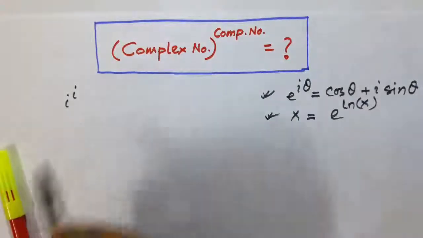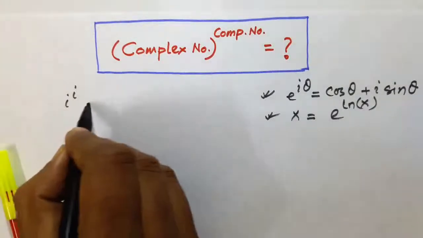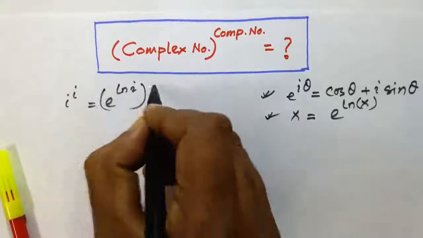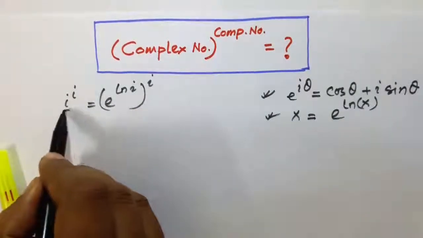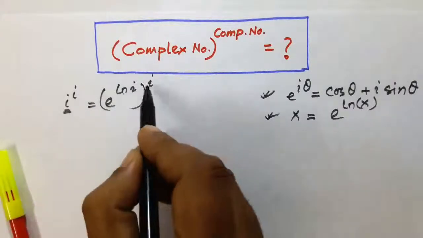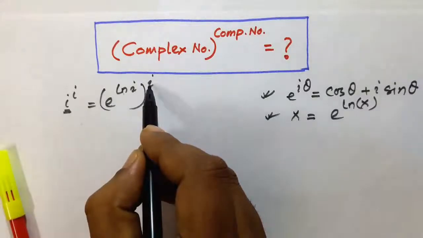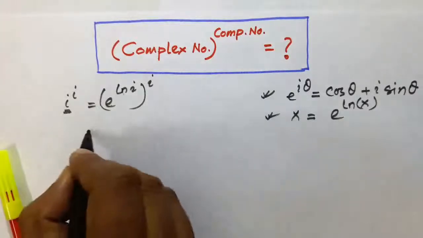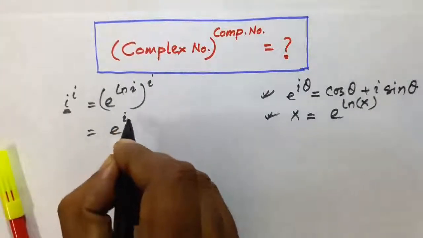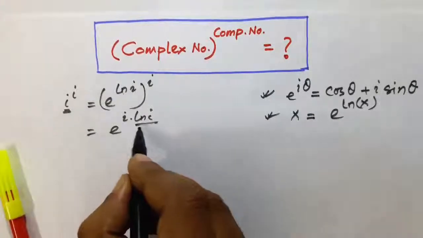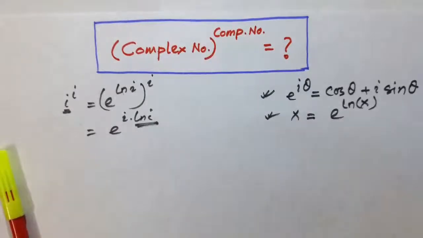Now this I to the power I can be written as e to the power ln I whole to the power I. Again you see, this I is written in this form, e to the power ln I, and the power is I, so written here I. Now this is a power to power, so we can multiply this. So it can be written e to the power I into ln I. So now what is ln I? This is a crazy thing. What is ln I? For this we shall